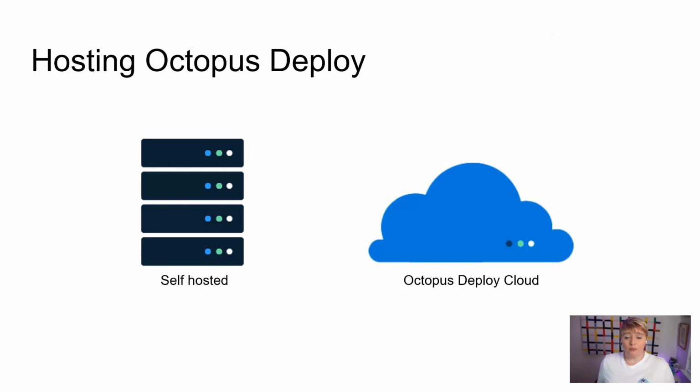And that's good for many people. They might want to use everything in the cloud nowadays, so that's a great offering. If you want to try either of these offers, you can use Octopus. You can go to octopus.com and sign up for a 30-day trial of either the self-hosted or the Octopus Cloud environment, and you can have a look at either of those and evaluate them for your use cases.